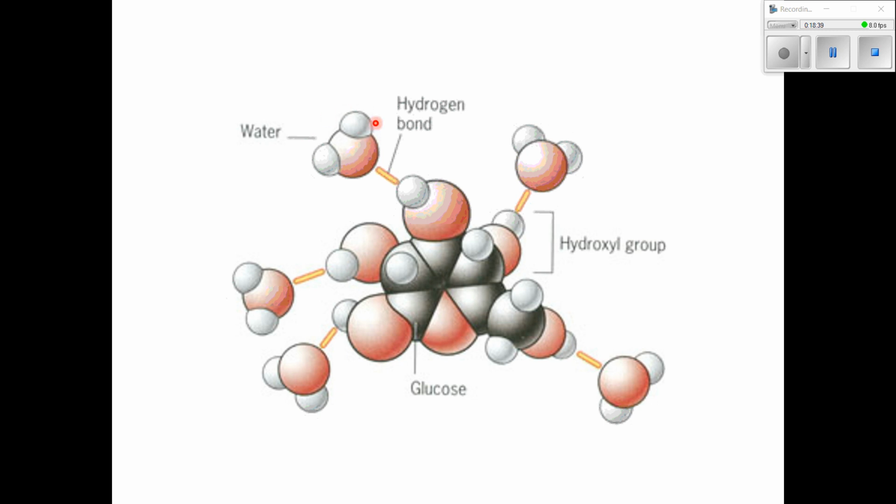These are the water molecules. They look like little decapitated Mickey Mouse heads. At least that's what they look like to me. So the negative part of the water is attracted to the positive part of the sugar. So these are hydrogen bonds where the water molecules are pulling on that sugar molecule, separating it from all the